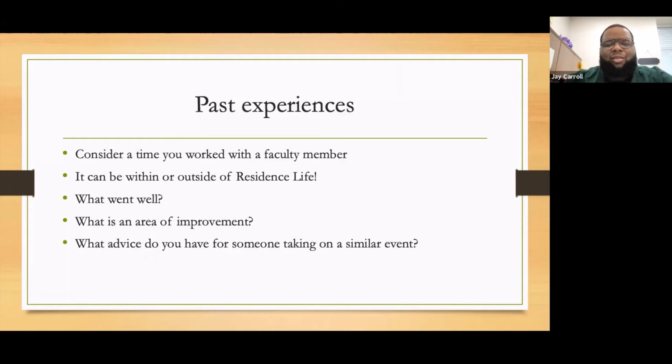It was a living and learning community, so I reached out to the faculty member for my LLC at the time, and she reached out, and we ended up partnering and getting our counseling services and everything.